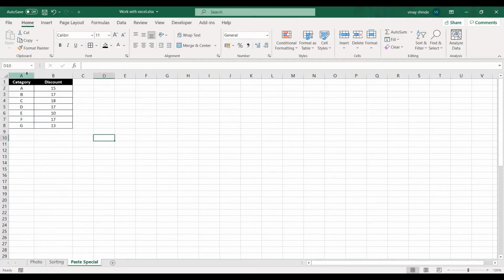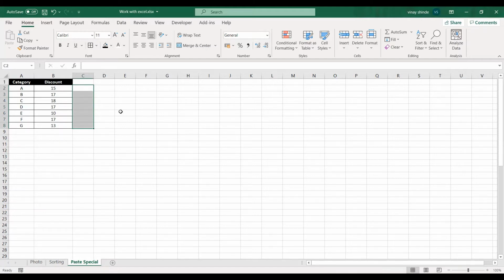So I have this data. This is category and discount. So let's say a company has a product category and its discount mentioned in the next column, that is B column. Now all of a sudden the company has decided to double the discount. So I want to update this discount field. So normally what we will do is we'll use a formula like equal to this cell into 2 to double the discount, right? And then we'll drag.